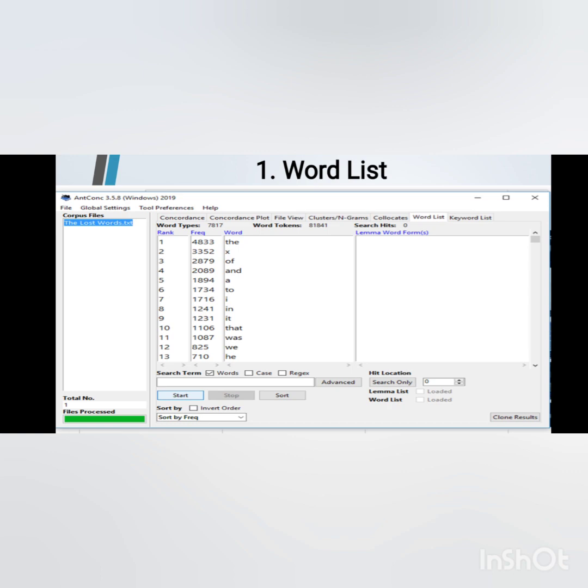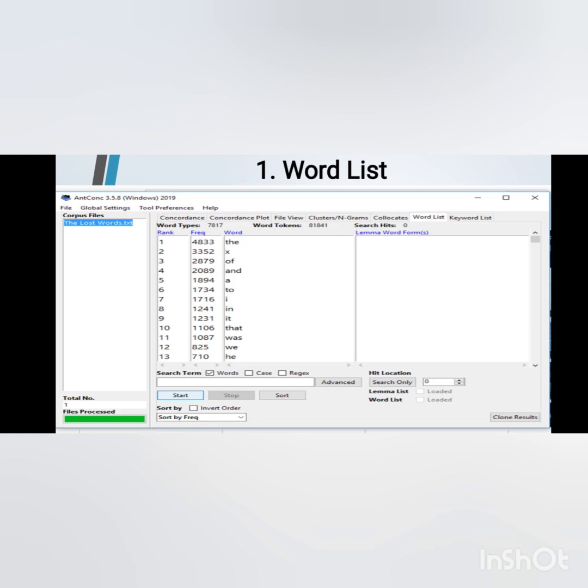Therefore, we need to compare Conan Doyle's works with other authors so that we can see if he really used it significantly more than others. And when compared with other novelists' writing, the article does not turn up as a keyword in Conan Doyle's works because it is also used frequently by other authors.